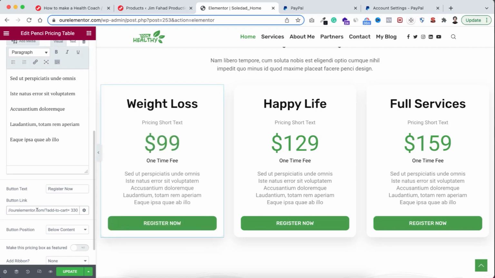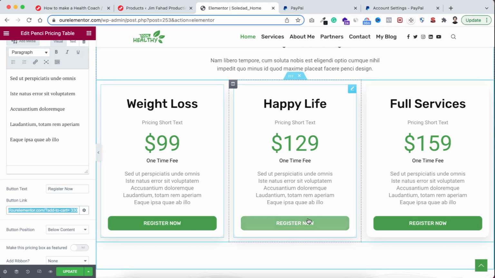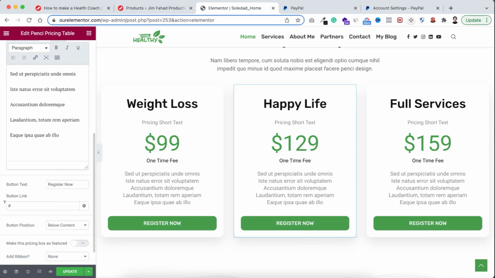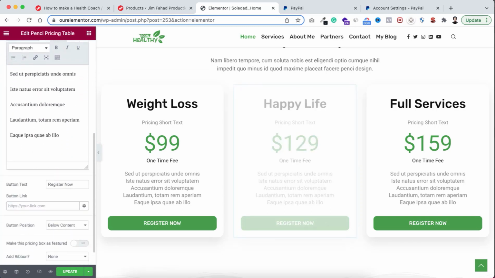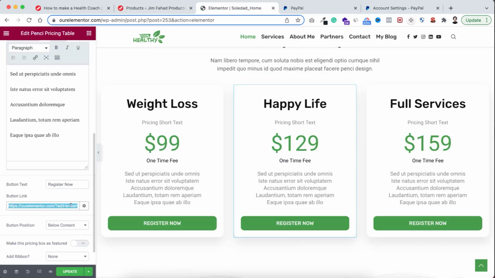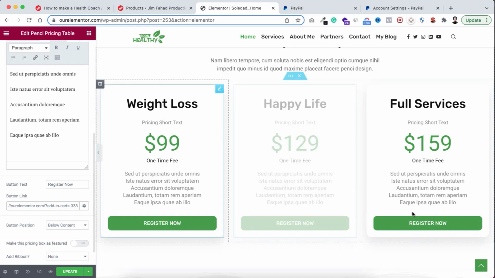Now I'm just copying this whole link from here because I wanna now set the second price button link. So click on this button. Now from left, let's scroll down, just remove this hashtag, paste the same code here, but instead of 330, the Happy Life product code is 333. So I'm just copying it, go inside Elementor, then here instead of 330, I'm putting here 333, and with the